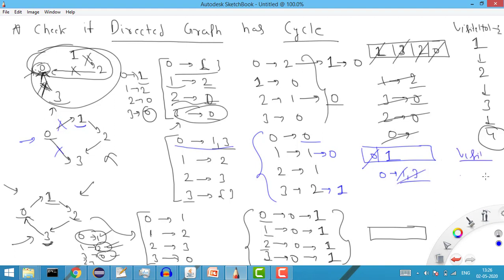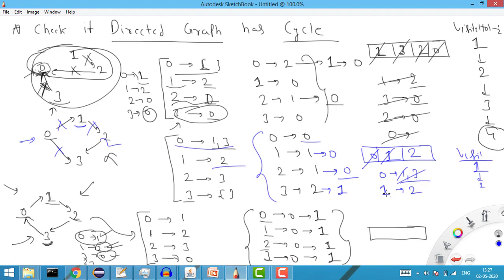When I removed this 0, I added +1, so now it will be 1. Now I have one more element in the queue, so I will remove this element 1 and increase the visited count by +1. Now for the 1, if you see, the child is 2. I am removing this node, so for this 2, 1 incoming edge will be less. Now it will be -1, so it will be 0. Because this is 0, I'll put the value 2 into the queue.